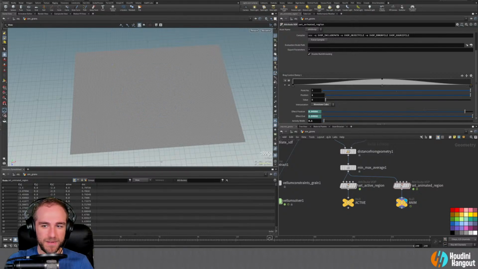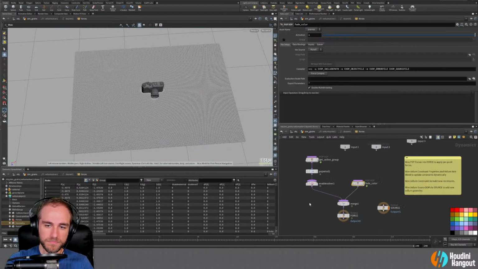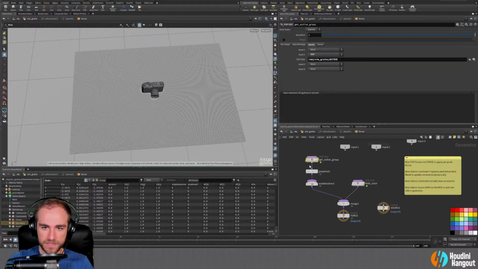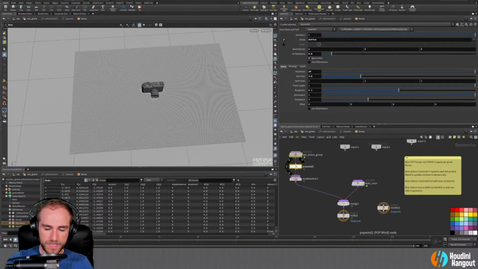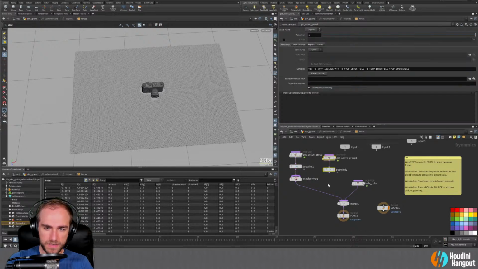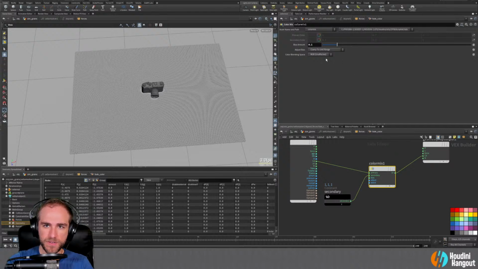All right, so we've got this animated section here, and so what we should be able to do is change this around a little bit. So let's grab these, and we're not going to use this enable solver, so let's just do this. And just change this down a little bit. So we'll do